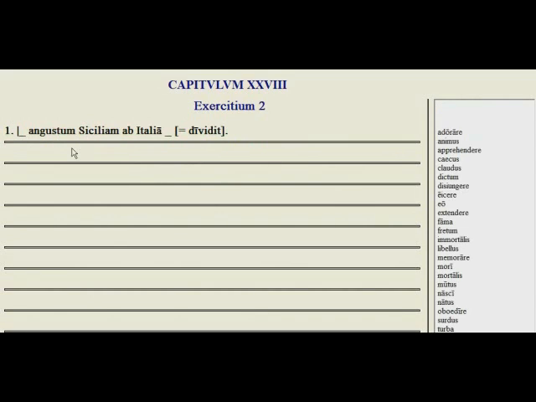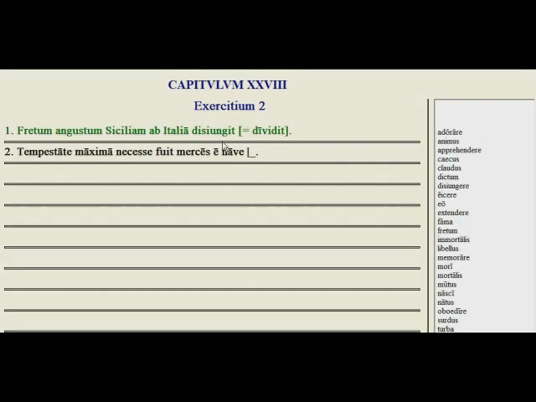Here we have our vocab exercise. So blank angustum Siciliam ab Italia blank. So a narrow strait, here we want the new word we learned for strait, fretum. And we want the new word for divides Sicily from Italy. And we learned that as